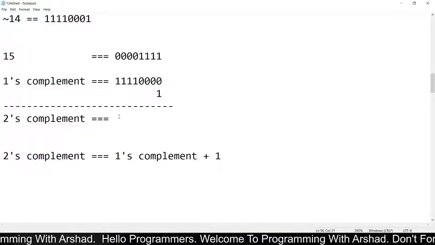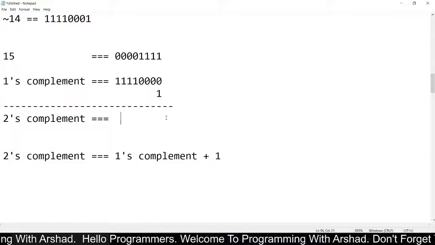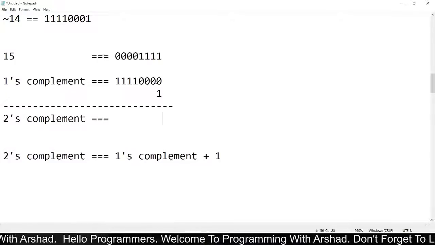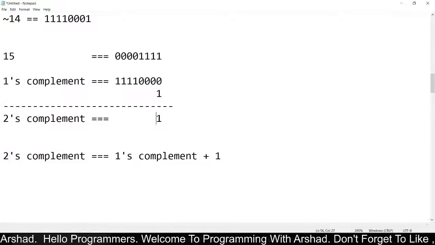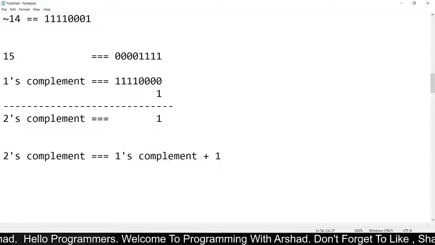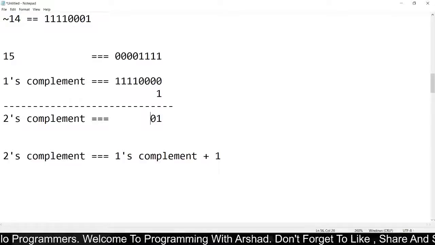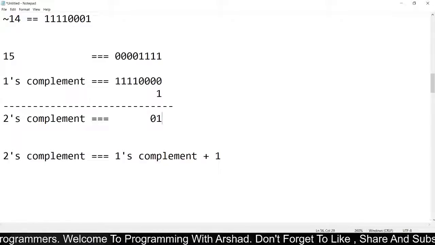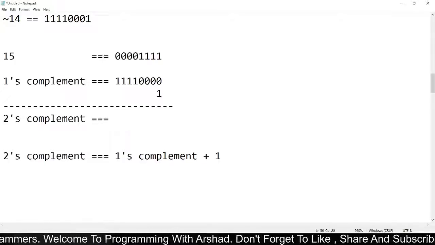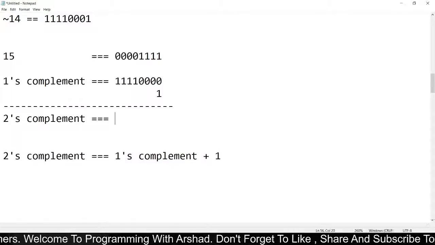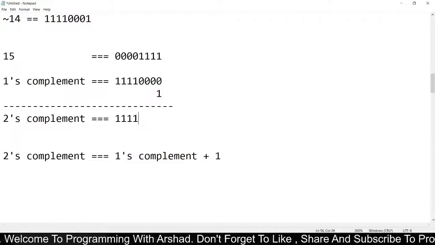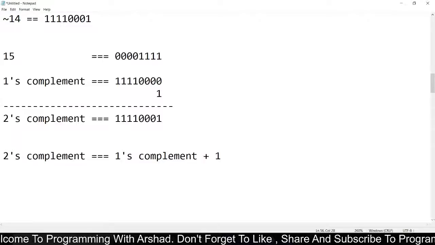Now here I am adding this 1's complement with 1. We know that 0 plus 1 is 1, and the remaining bits will stay the same. If I add this 1's complement with 1, I will get an answer like this.